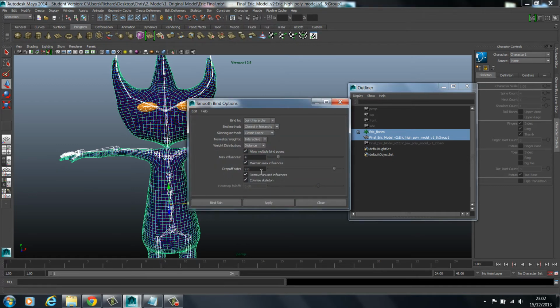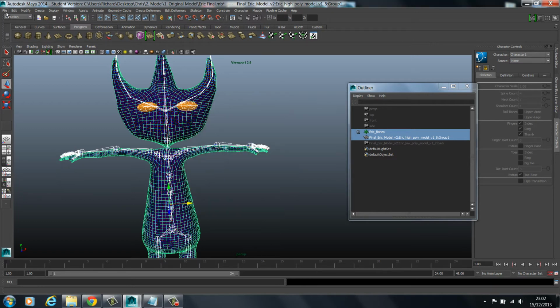bind. Now for this I used a drop off rate of 9, so what that basically means is that in the joint hierarchy it's going to bind this mesh here to whichever joint it finds to be the closest. What happens sometimes is once you bind the mesh to the bones, it's picking up places that are actually closer to it that it shouldn't really be. So this section here should actually be attached to here. So the drop off rate I selected was 9, and if I just reopen this file,